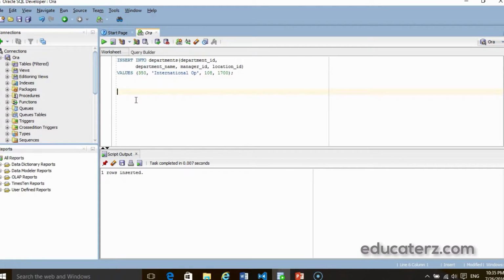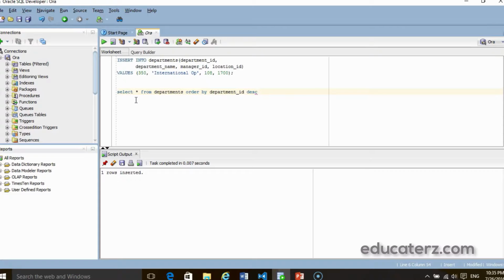I can write it like this: select star from departments table ordered by department ID descending.